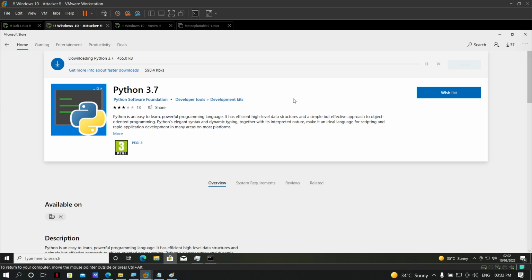Guys, I am just installing Python, nothing special. After installing Python, I will simply start a web server through which you can access your files, right?